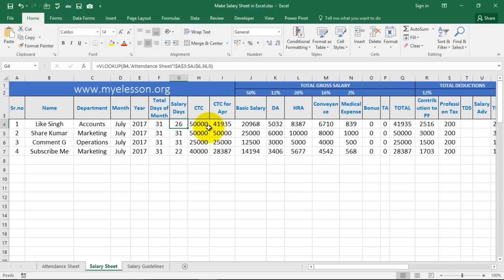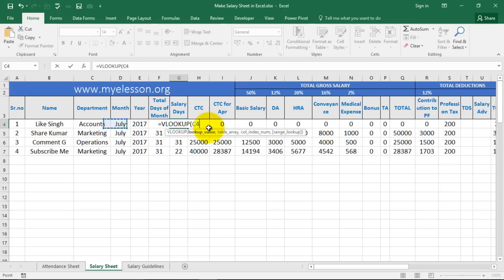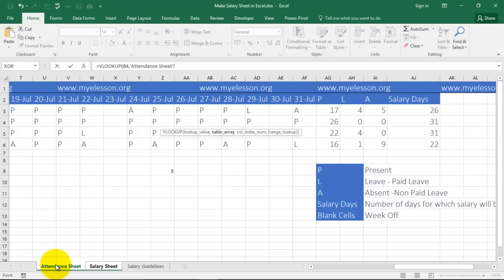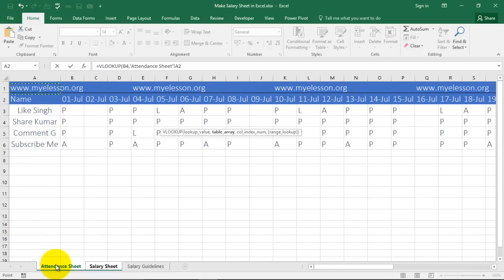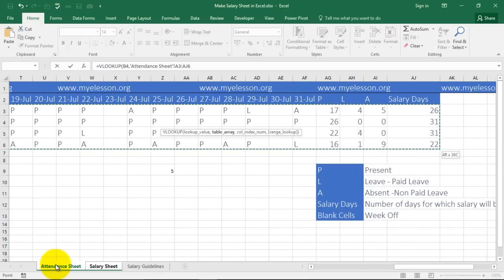So how I applied the VLOOKUP, see, is equal to VLOOKUP, and the lookup value would be the name. I press comma. The table array would be this sheet, and I select this complete area, and I'm looking up the salary days, which is in column number 36.